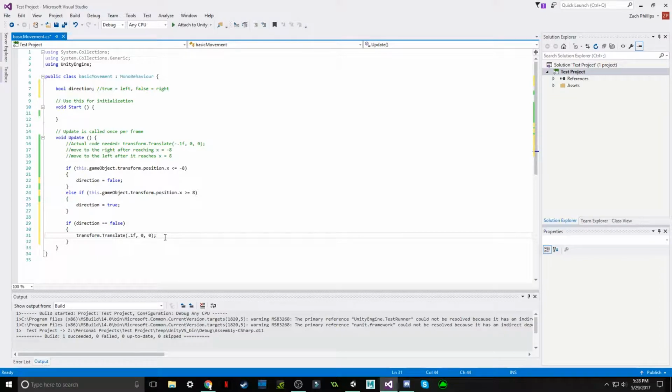And then we're going to say else, because we don't care if this continues while direction is not false. We're going to copy and paste the same thing, and we're going to keep that as -1. So now what's going to happen is it's going to check. First off, we need to assign this a variable at first, because it's not going to know what to do at first. Or what we can do is under start, we can say